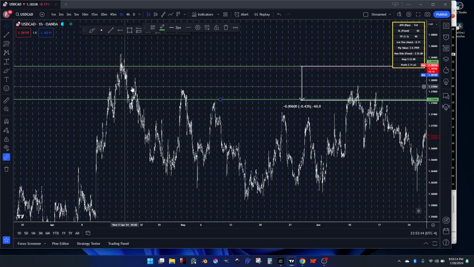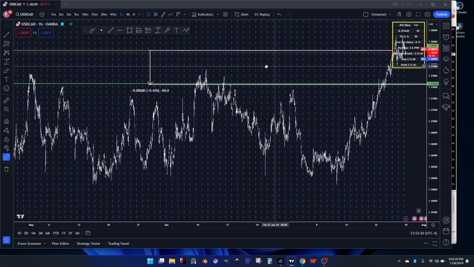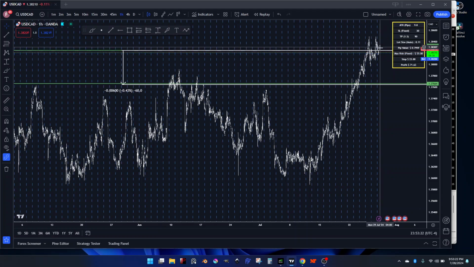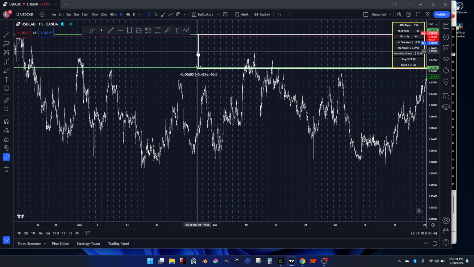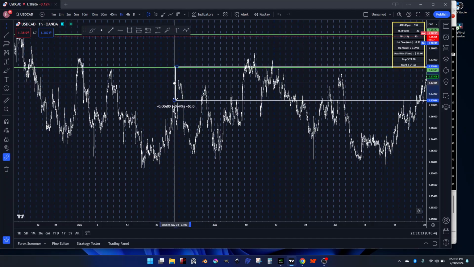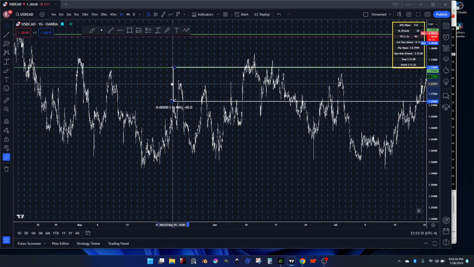Now you're going to notice there's some other little smaller levels in here. You're going to just ignore those. Just ignore them. That's all, because you're only looking to trade near these levels. So you're not trying to hit every turn, every little piece of noise, so on and so forth. But from that point on, you're going to try to find that next level at around that area or a